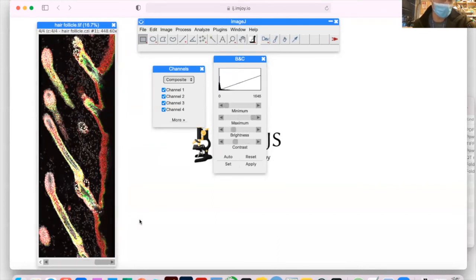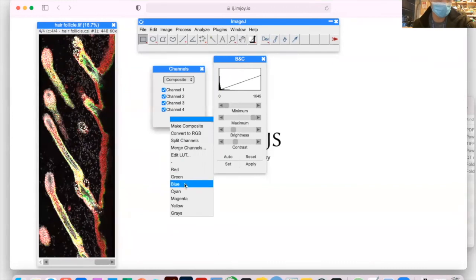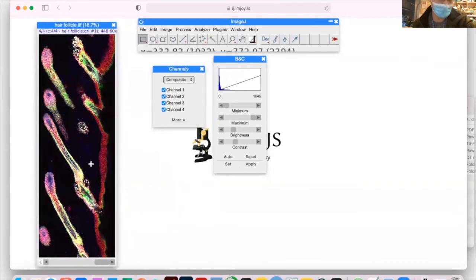But now we have two white channels, channel 3 and channel 4. So now I want to switch channel 4 into blue. So you can just go to channel 4, the last one here in the scroll bar, and then do the same thing, click blue. And now that became blue. But now that's quite dim actually. So now we can adjust that again to increase the signal so we can see them. And actually now the white, because white looks brighter to the eye, I think it's a bit too bright now. So let's just decrease that to make it look nicer.